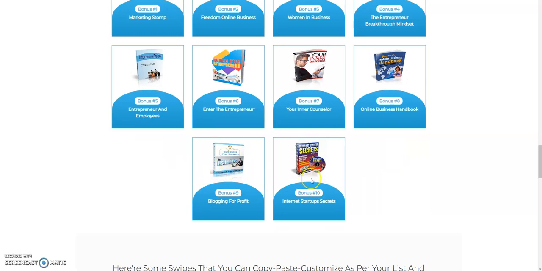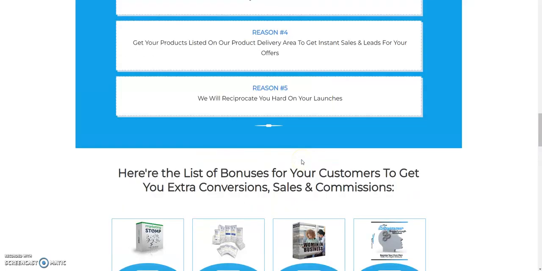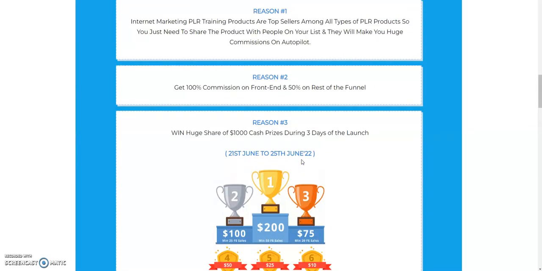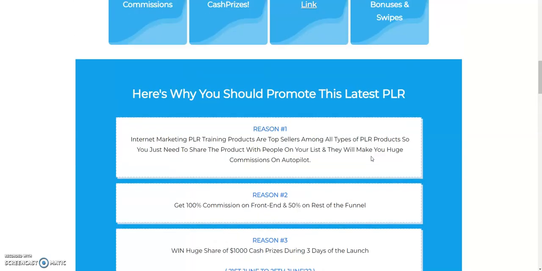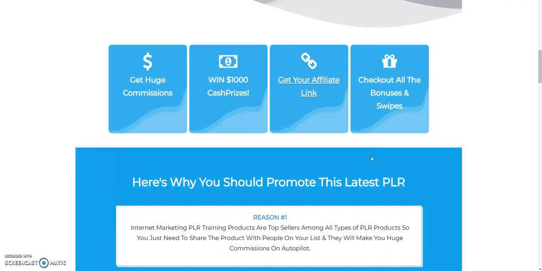Sometimes they have rules that you shouldn't use all of them. You may use maybe 3 of them, but that's up to the vendor. But I recommend you get your own bonus gifts as well. Maybe you can create an ebook or something like that, or maybe you have bought internet marketing training that you have the resale rights or commercial rights to give away, then you can give that away as a bonus. But anyway, let's now